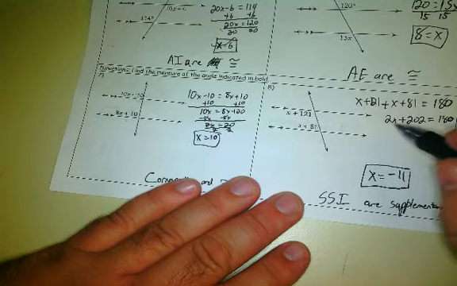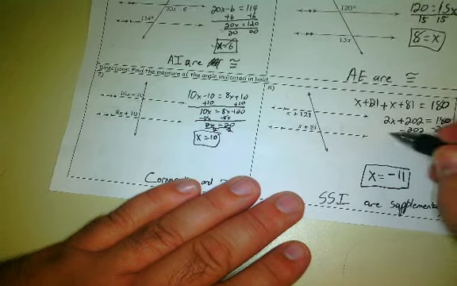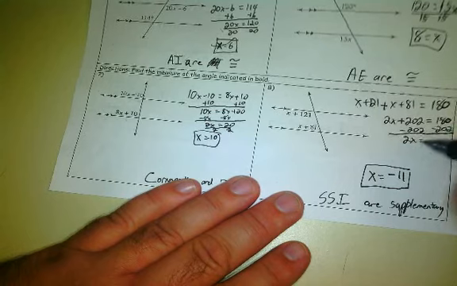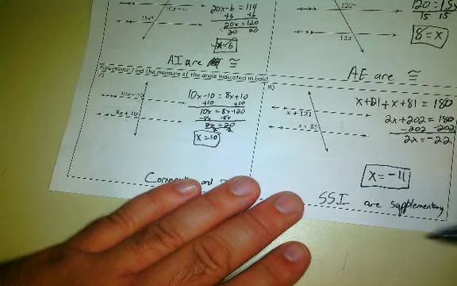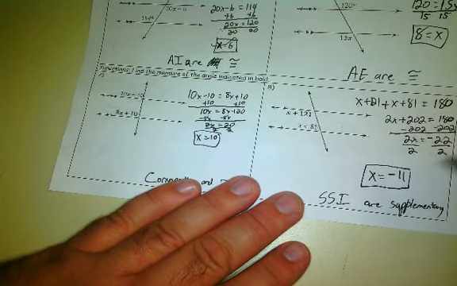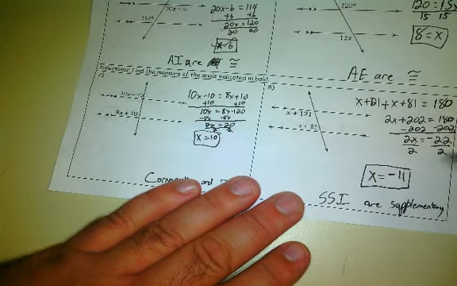All right, so now I need to get x by itself. So I have to subtract 202 on both sides. So this side is going to be just 2x. This side is going to be negative 22. And then when I divide both sides by 2, 2x divided by 2 is x, and negative 22 divided by